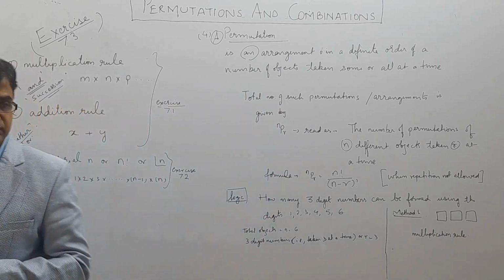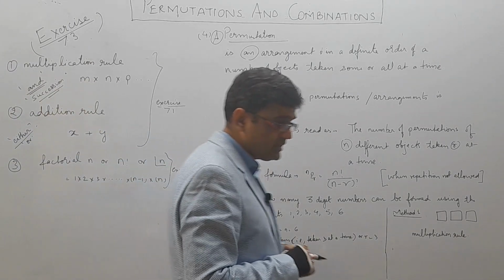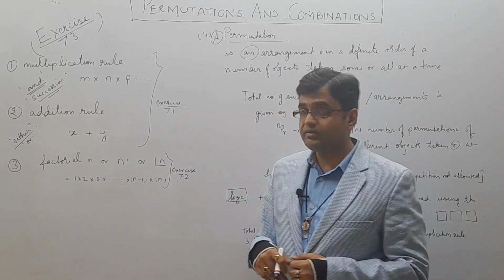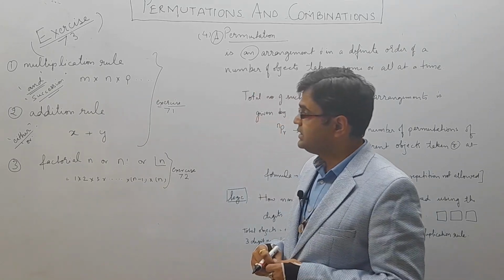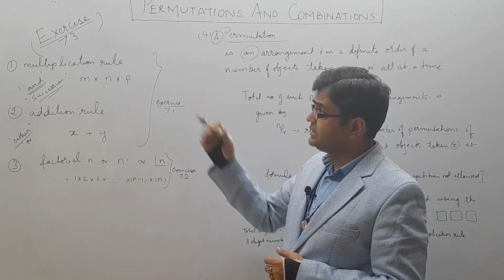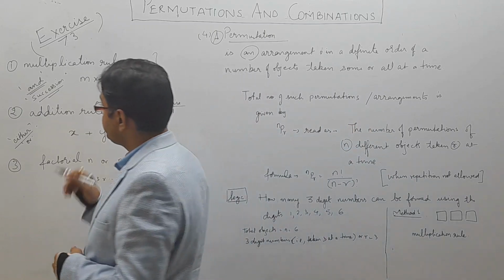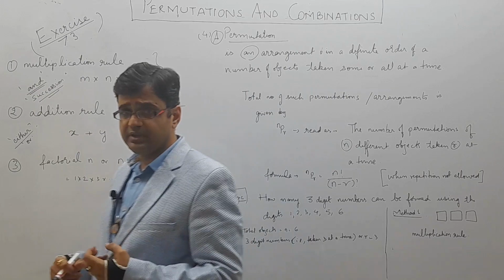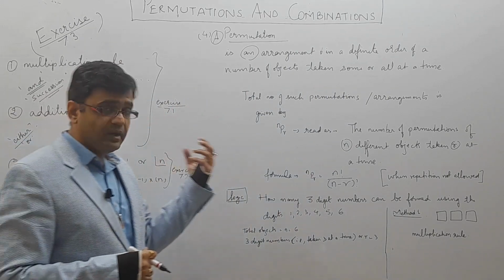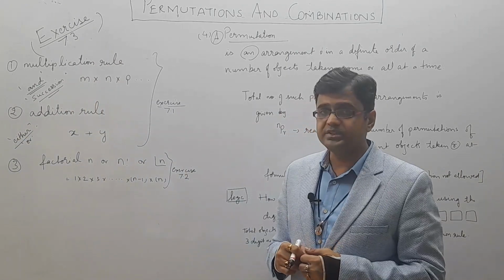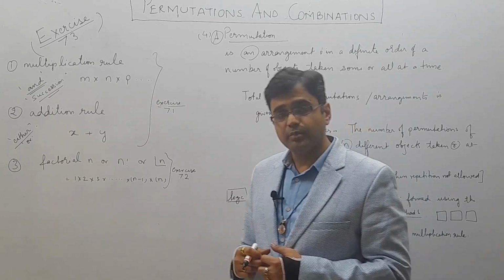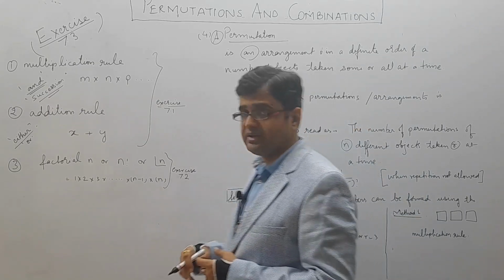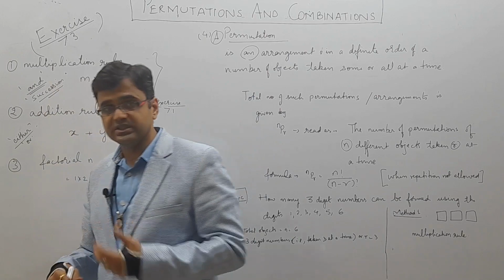If you go through my first video, I have explained it in great detail, and I have covered some questions also on this. One example on addition rule and many examples on multiplication rule I have covered in that video. So here I just wanted to give a brief idea so that we can apply the same concepts here in permutation. At that time we won't have any problem. So for that purpose I just gave a brief idea about these concepts once again.